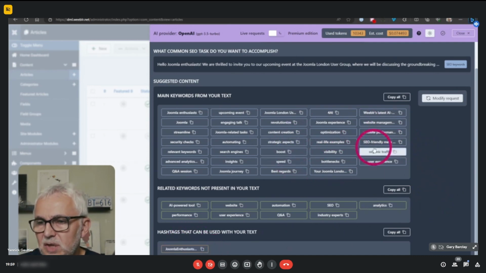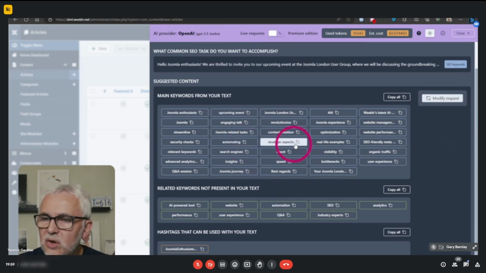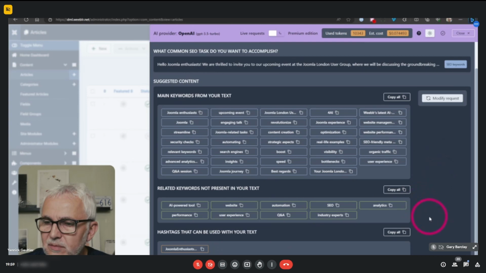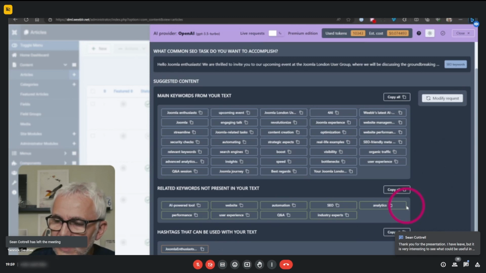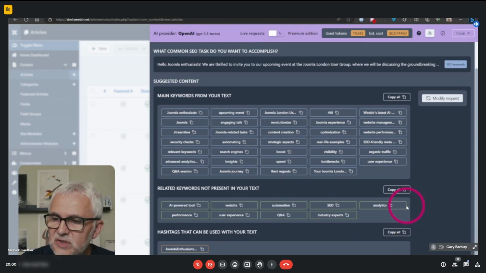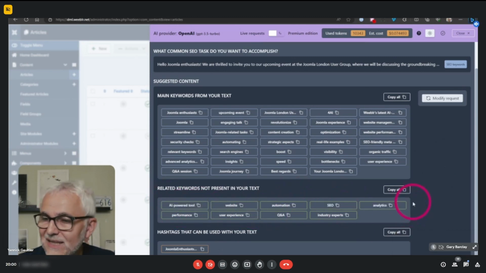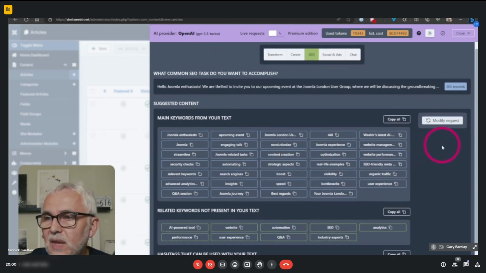It's really interesting because these can give you ideas, and you can use them to write more content. And this, of course, can give you ideas to change the content, write more content, more articles on related topics that can reinforce each other. You can use these keywords to run ads campaigns, or any kind of marketing campaigns. So it's really interesting, and it works. That's one of the very good usages of this tool.